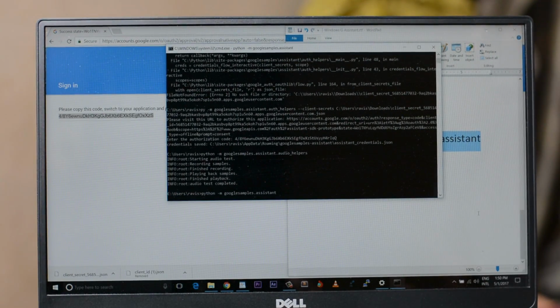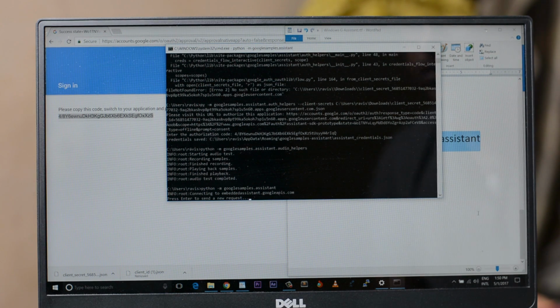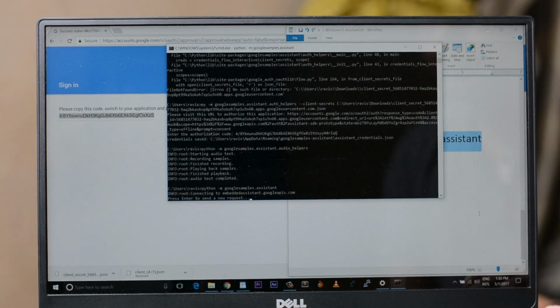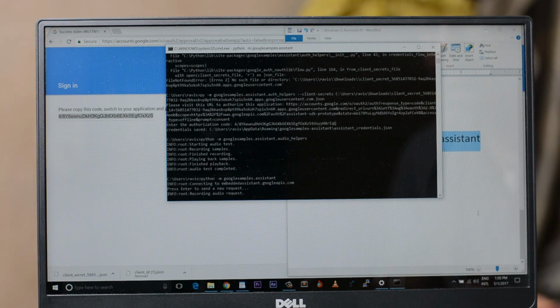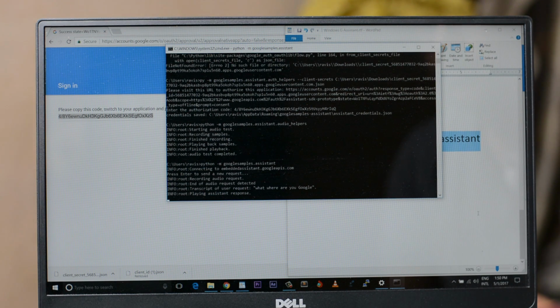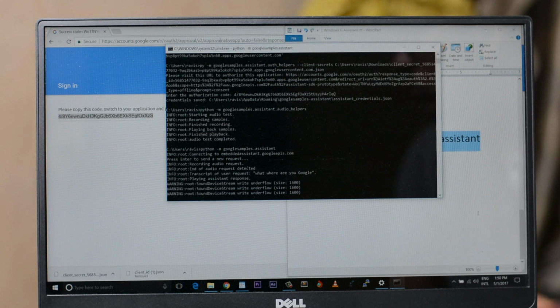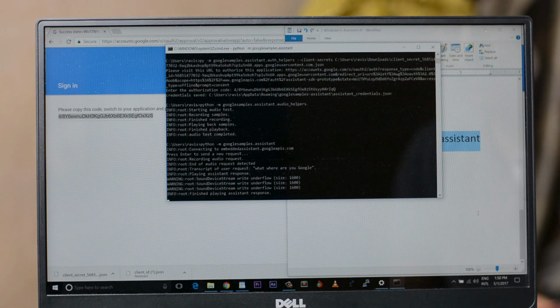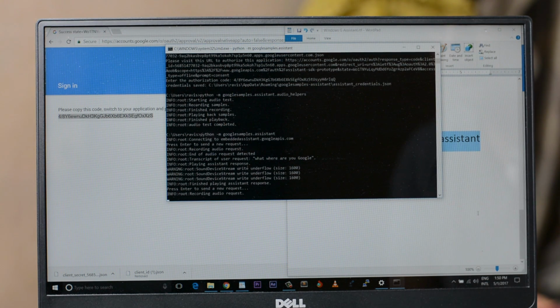Once you have entered this command in the CMD, wait for the CMD to say press enter to send a new request. Now hit enter and start talking to Google Assistant. After you finish giving the command, the command line will display what you said and will give you a response like in any Android device. So there you have it, the Google Assistant on a Windows 10, Mac or GNU Linux machine.